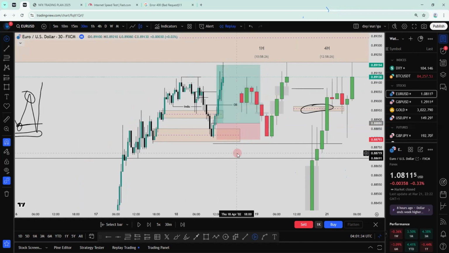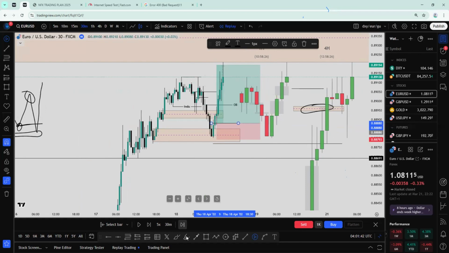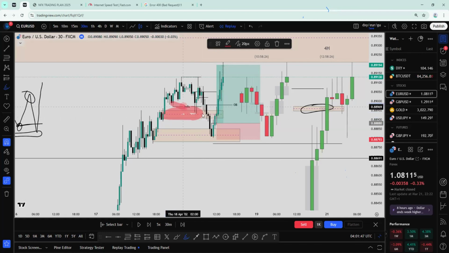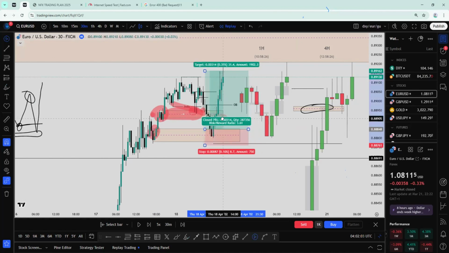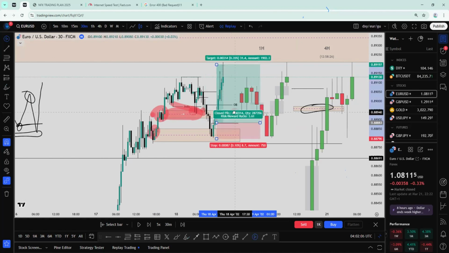All right, good. So we went to TP now so much with ease. This is actually what I knew was going to happen. But then price was playing what they call kiss of death. So we had that kiss of death, last manipulation before actually going to that key level. And the manipulation here was even this other block, as we still had this unmitigated other block below. Those traders that trade direct entries would have gotten in directly from here, but I would have waited for this confirmation. All right, so this gave us 3.6 R,